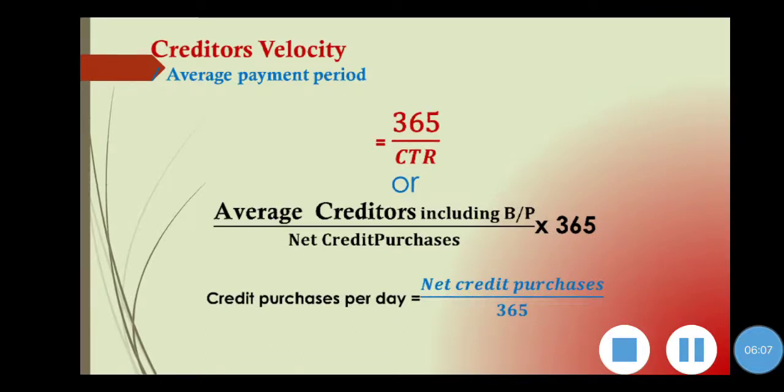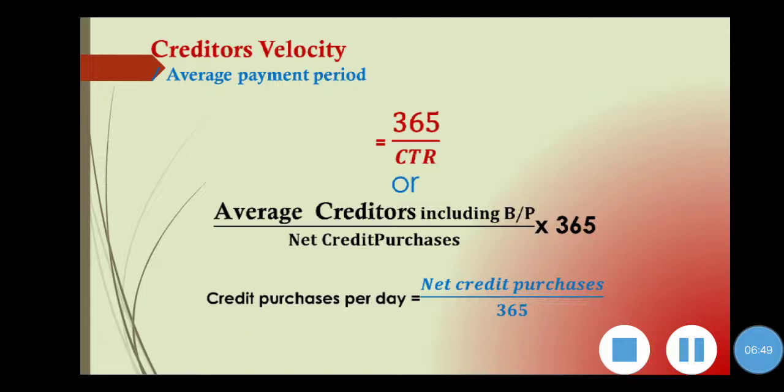Creditors turnover ratio indicates the number of times the creditors are paid in a year. This will help you to know whether the firm is actually enjoying the credit period promised by the creditors or suppliers. Suppose your creditor or supplier is offering you, for example, 50 days and the company is availing only 40 days, it means the company is not at all taking the advantage given by the creditors. You know that in financial management you learned that you should take the full advantage given by the suppliers.